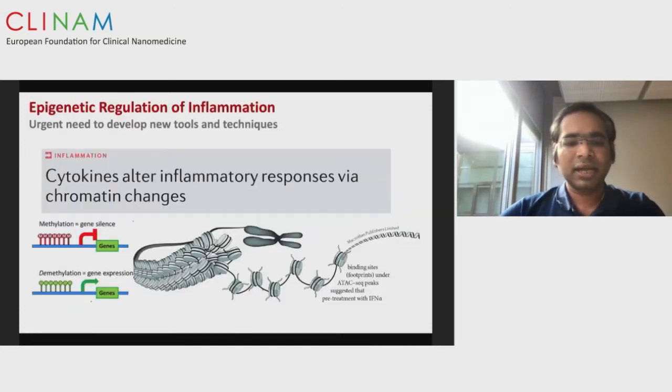Now with this, I'll change gears a little bit and talk about epigenetics. We know that these transcription factors, which I have just spoken about, move to the nucleus, and once they're in the nucleus, they need to bind to their promoter regions. And to do that, there needs to be a huge amount of chromatin remodeling, which is necessary to open up the DNA or to open up the chromatin.